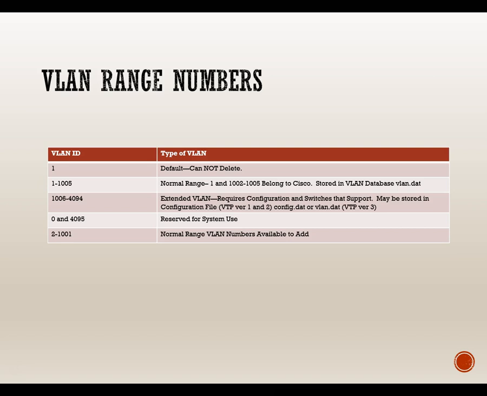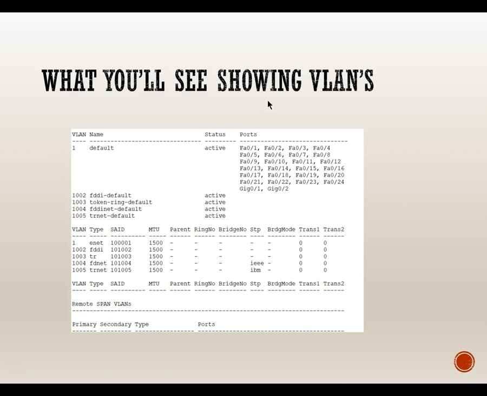VLANs 1006 to 4094 are extended VLANs, and they require some configurations that are beyond the scope of ICND1. VLANs 2 to 1001 are the ones that are available to us to add things to. What we'll see when we show VLANs, what we actually just saw when I did the show vlan, is that VLAN 1